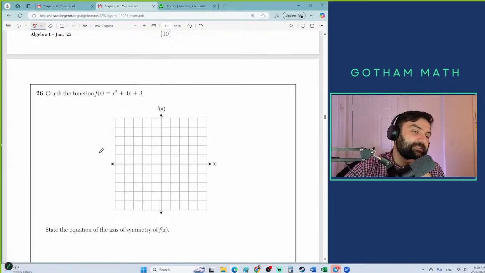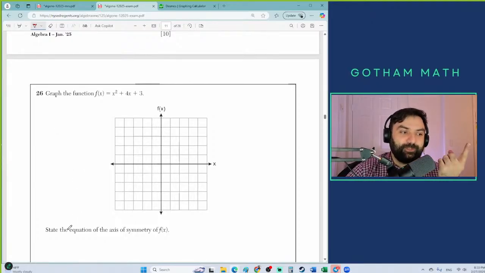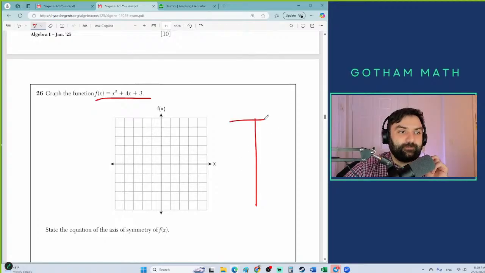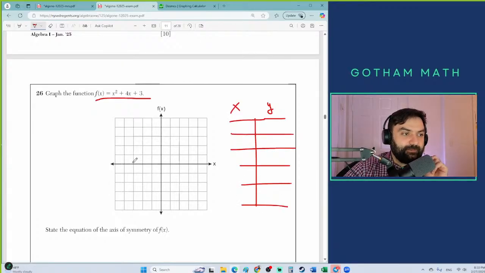Graphing, guys. Graphing. It's not going to go anywhere. How do we graph? There are multiple ways to do it. One way, put this function into the calculator, get the points, put the points here. Another one is make a t-table. Put x, put y, and start plugging in all of the numbers, like starting with -3, -2, -1, 0, 1, 2,